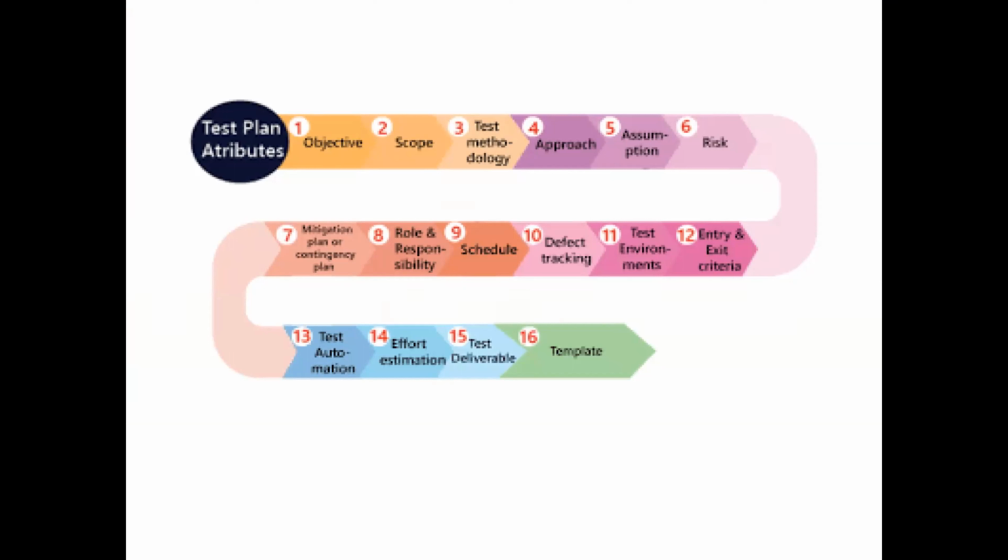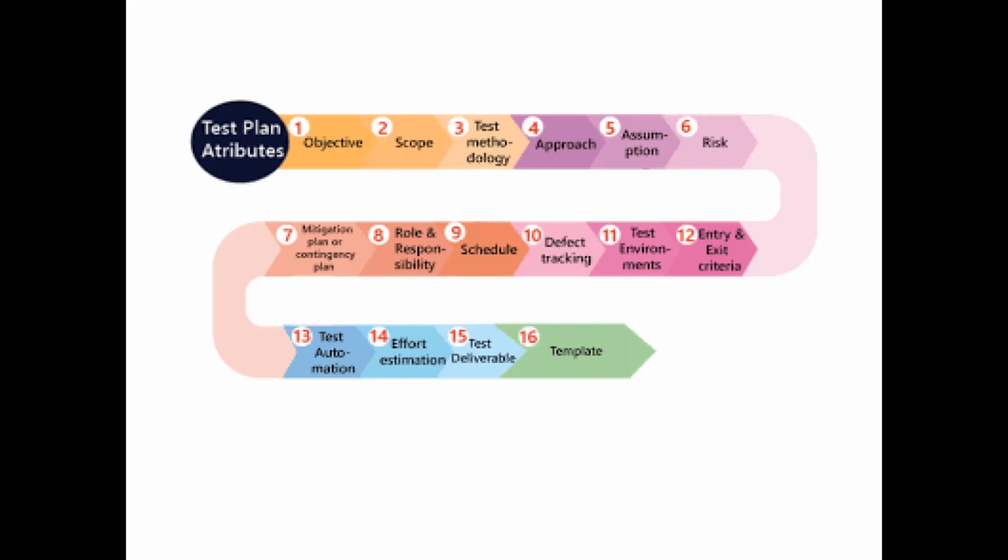So from this diagram, we can get the attributes. While creating any test plan, what are the attributes we need to consider? Any test plan should have an objective, the scope of the plan should be clearly stated, the methodology used should be stated, the approach and assumptions. These are the assumptions. Say X will take only these values, Y will take only these values. This is the boundary. This is the minimum value. This is the maximum value. Like that, we have to clearly state the assumptions and the risks associated with the test plan.